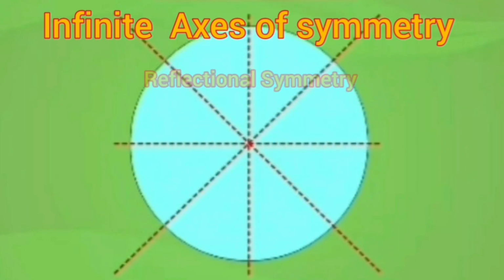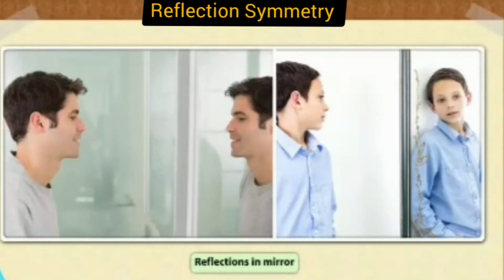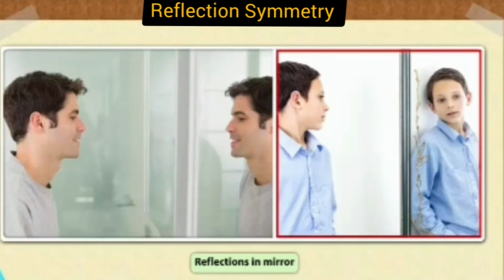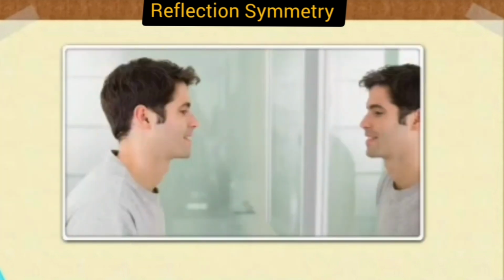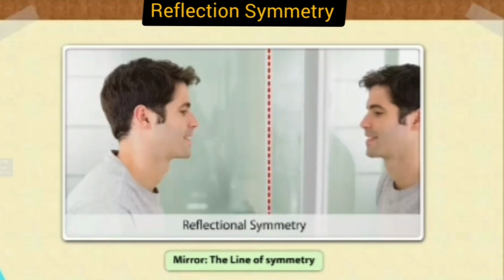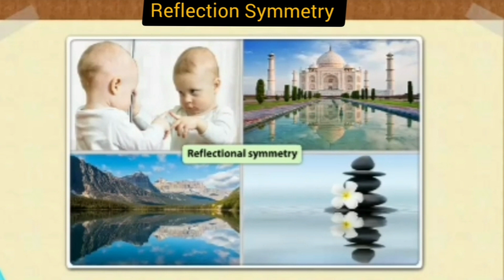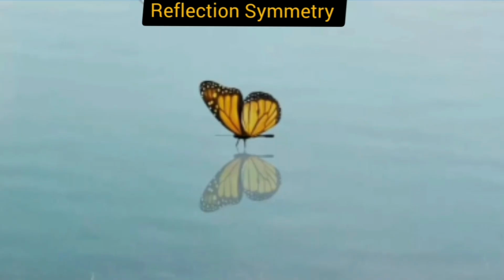What we saw in this video is reflectional symmetry. We usually see ourselves in the mirror when we get ready to go out. Our reflection looks exactly the same. The reflection of an object in a plane mirror creates a symmetrical image. The surface of the mirror acts as a line of symmetry. If a symmetrical figure gets divided by an axis in the figure into two parts which fall exactly on each other, its symmetry is called reflectional symmetry. Observe that the butterfly and its reflection are symmetrical to each other.